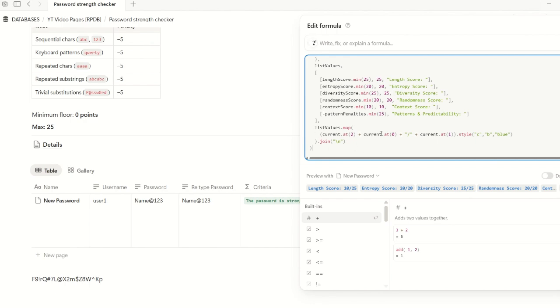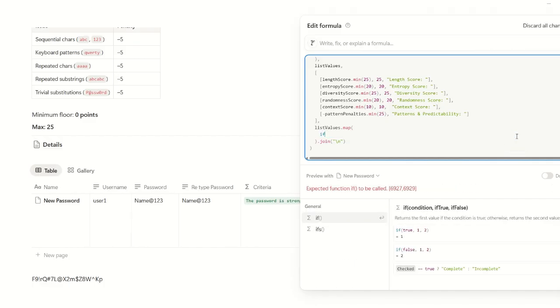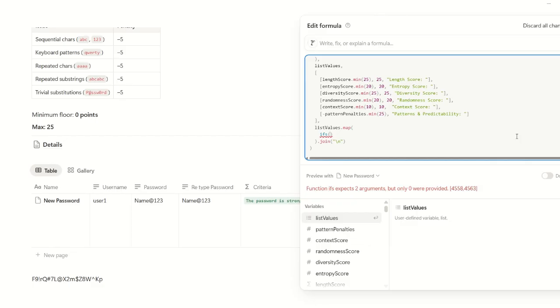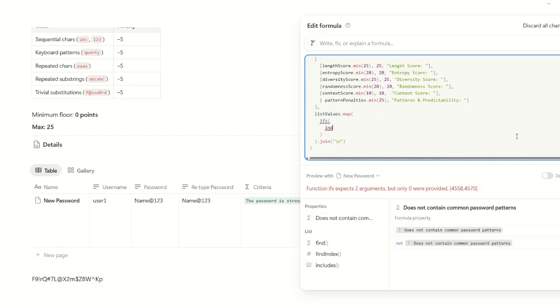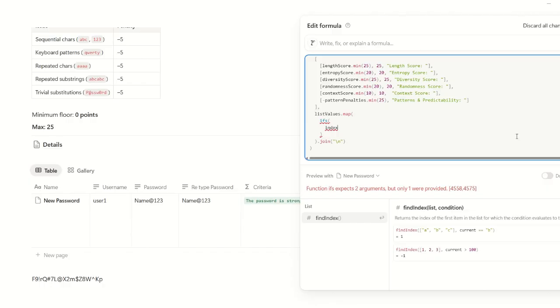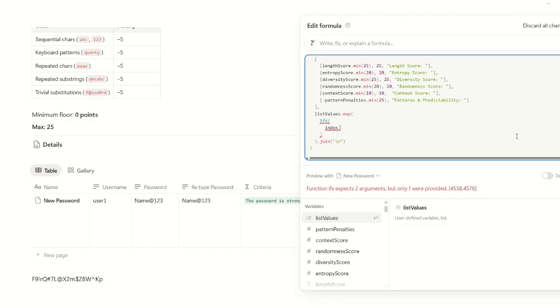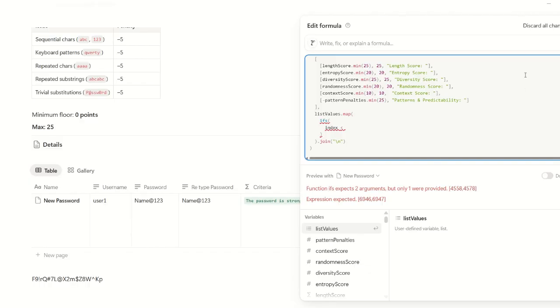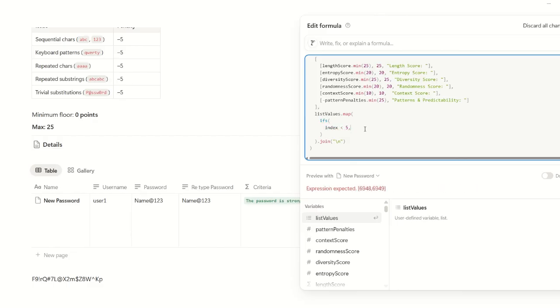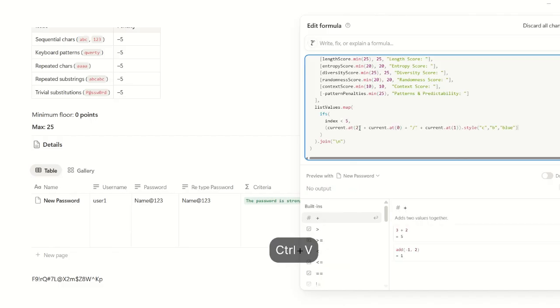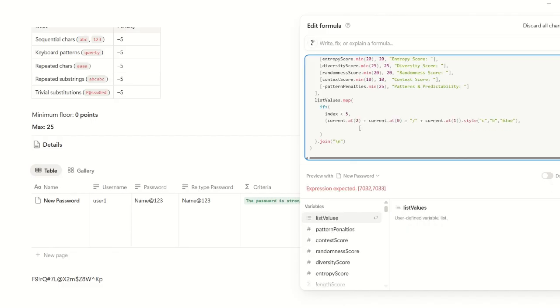Next thing we have to do here is, if the index is not equal to, we can use this function, and it can be like index. Every map function has an index already. So we can use index is less than the last one, so it will be like 3, 4, 5, 6. Index is less than 5. Since it's a zero-based index, we have 0, 1, 2, 3, and 4. So only one to 4, so it's less than 5. Otherwise, we can just return the